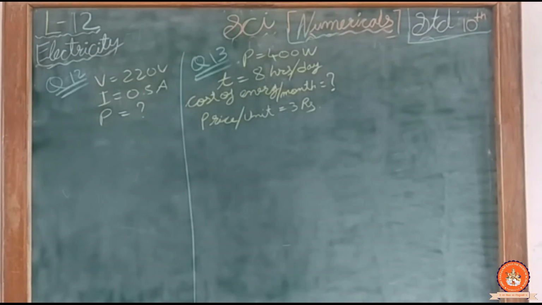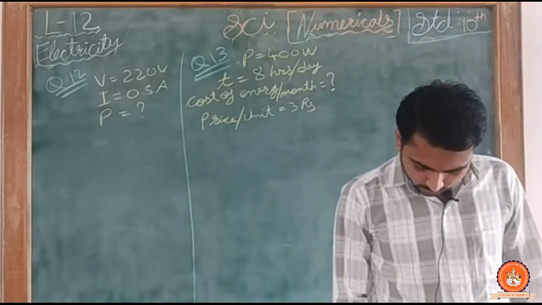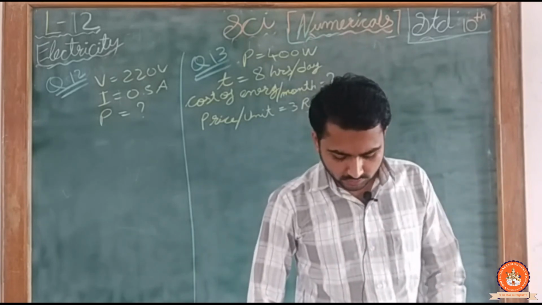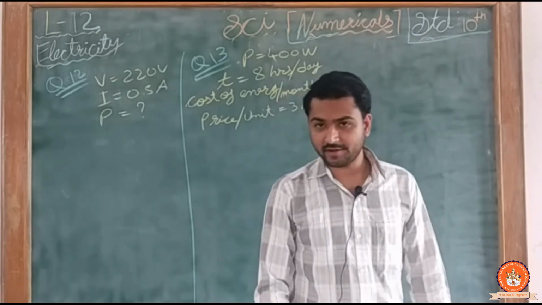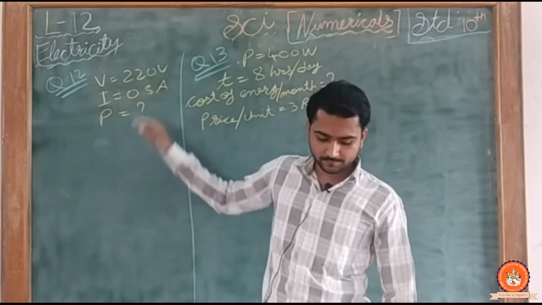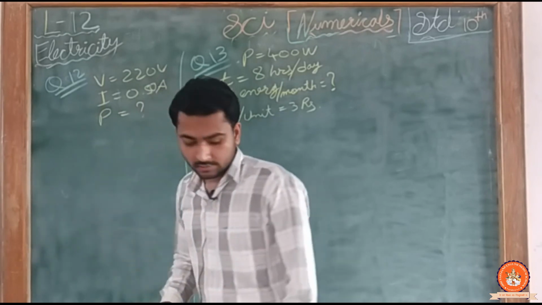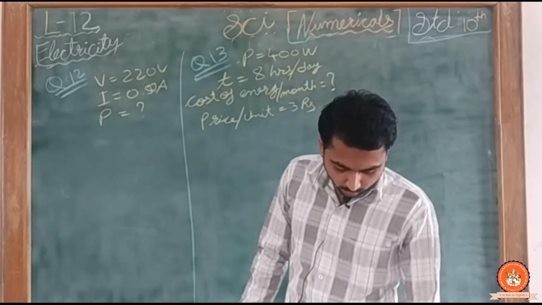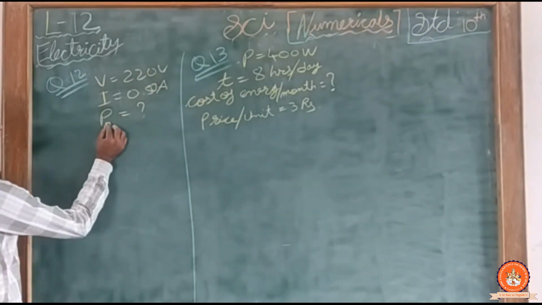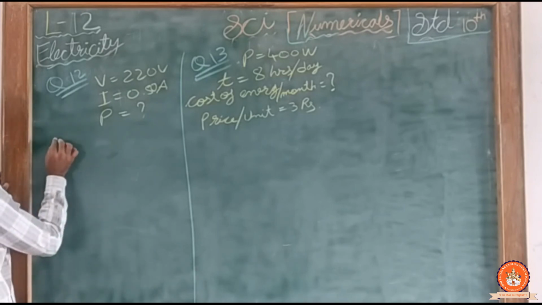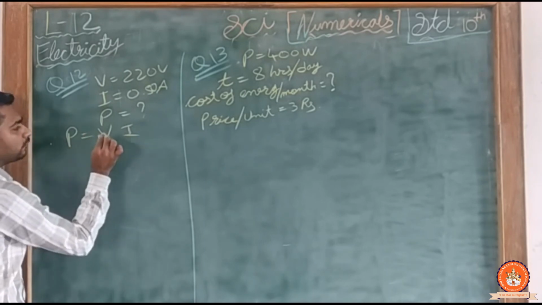Now students, coming on to the next question, that is example number 12. Come on page number 219 in your textbook. Read the question from the textbook. So an electric bulb is connected to a voltage 220 volt generator. Okay, so I have voltage 220 volt. Then the current is 0.50 ampere. What is the power of the bulb? So I have to find P is equal to how much? I have to find P. So we have the formula P is equal to VI. I have the value of V, I have the value of I.